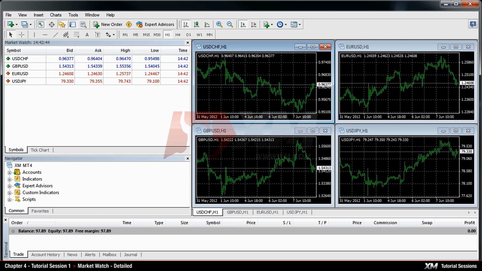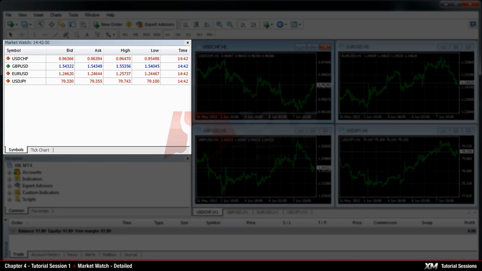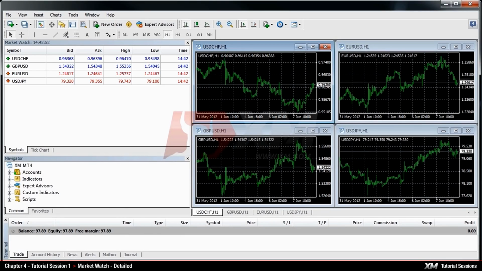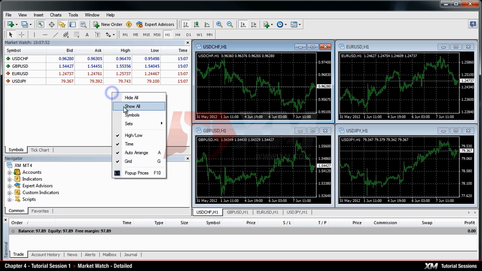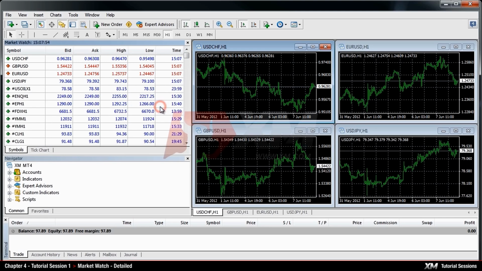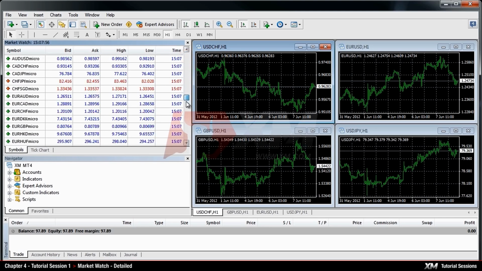Chapter 4. Market Watch Detailed. You can find the Market Watch window on the top left side of the application. If you right-click the panel and select the option Show All, you will have all the symbols and quotes offered